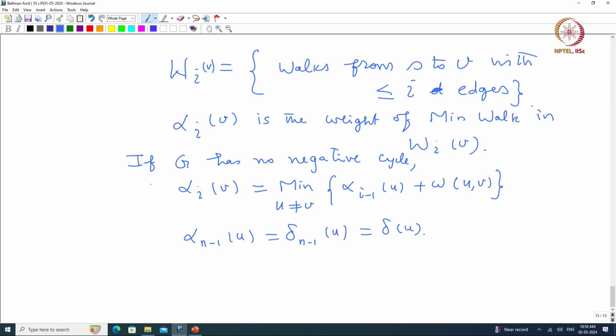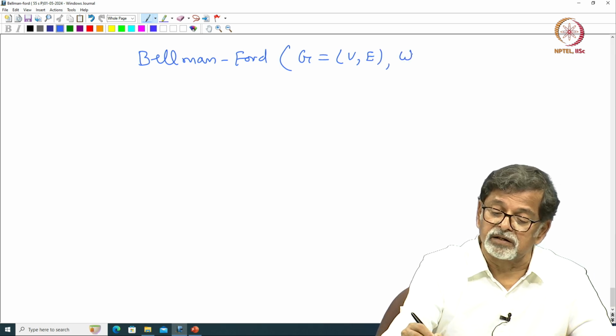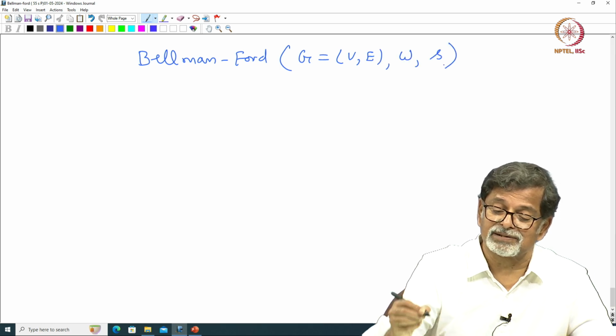These two properties allow us to write the following program that would start from alpha 0, then in one iteration we will build alpha 1 for all vertices, and finally we stop at alpha n minus 1. So, here is the code for this: Bellman-Ford. This takes the directed graph V E, weight function W, source S,